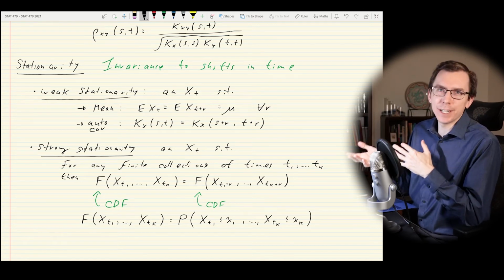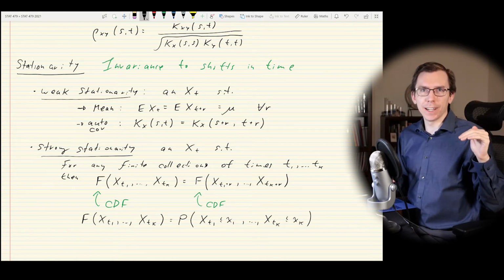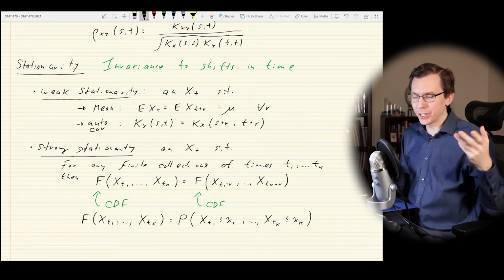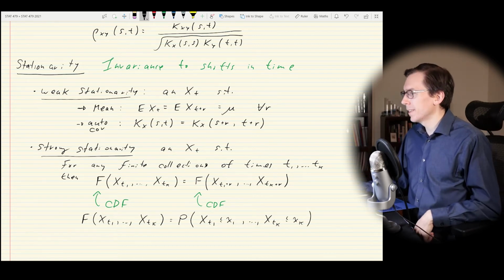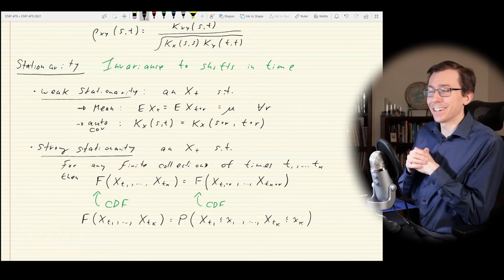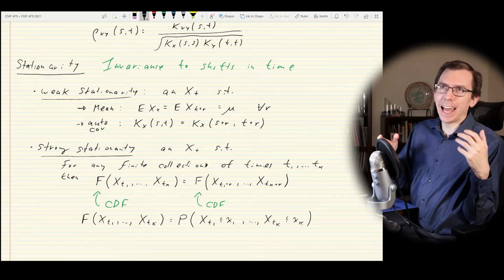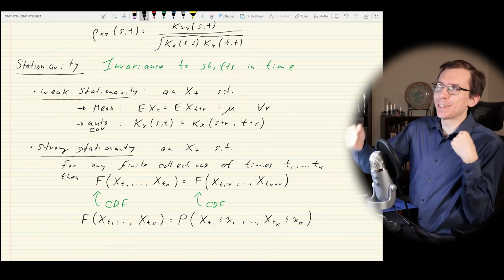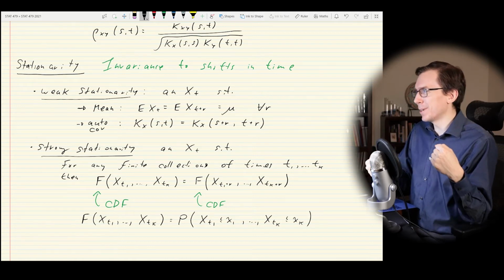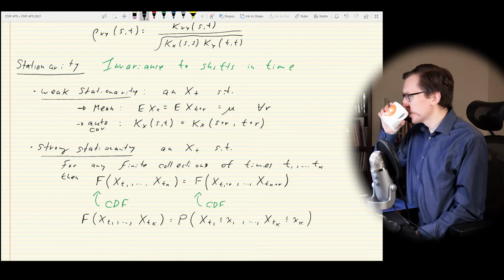Again, this is a little bit stronger than what we will be using in this course. Typically, we just need a weakly stationary process, which means that the mean and the autocovariance, the first and second moments, are invariant to time shifts. And oftentimes we are faced with non-stationary time series, and we have to modify them in certain ways to make them stationary so that we can work with them. I'll talk about that in a second,